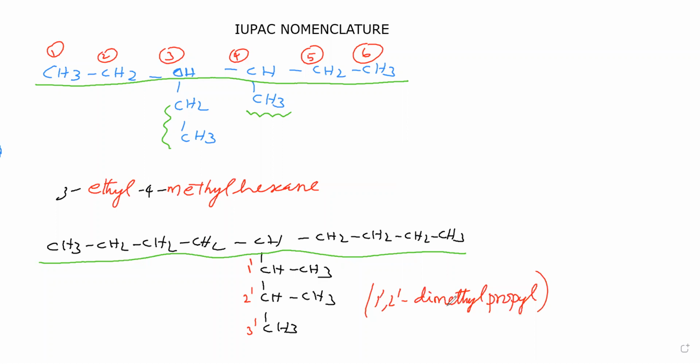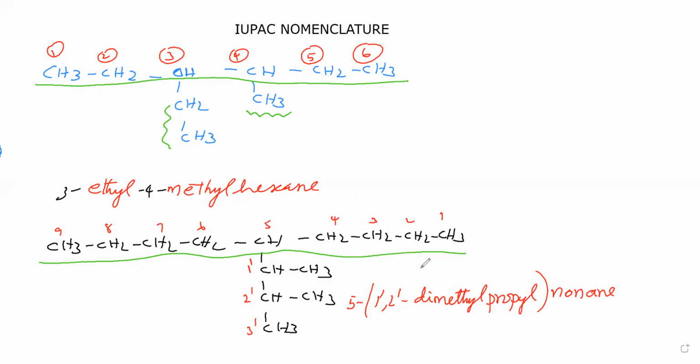Then we have to say the position of this branch in the main parent chain, for which we have to give numbering in the main parent chain. Okay, 1, 2, 3, 4, 5, 6, 7, 8, 9. This complex substituent is present at the 5th carbon of the main parent chain, therefore 5 we have written here. Main parent chain contains 9 carbon atoms. 9 carbon atoms means non, and carbon-carbon single bond means ane. Therefore, nonane is the name for this compound.